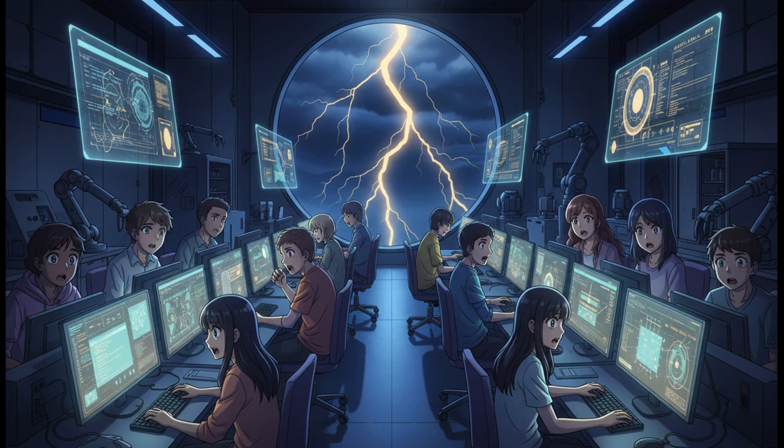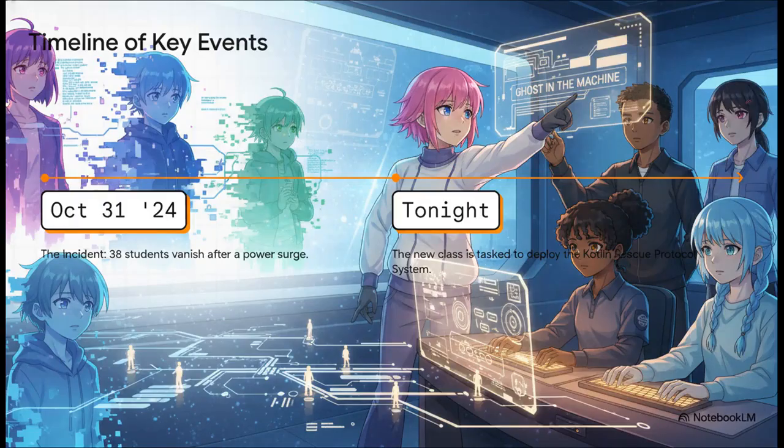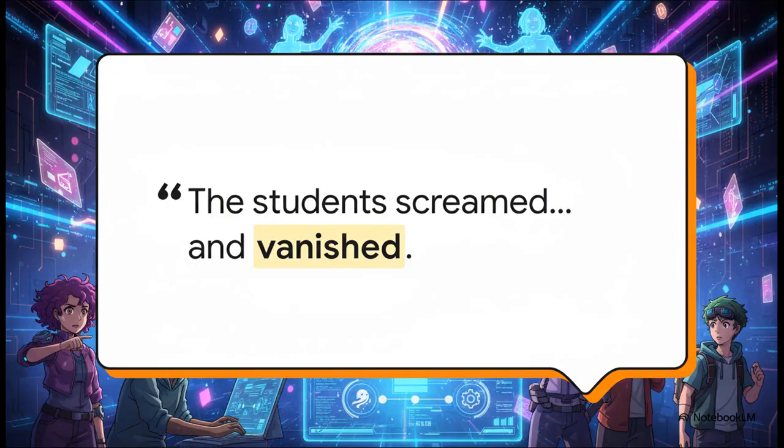It's been exactly 1 year since the incident of October 31st, 2024. On that night, right here in the Android lab, 38 of your fellow students were pulling a midnight coding session when they were caught in a freak electrical storm. Now, this wasn't just any storm. Lightning hit the building's solar array, overloaded the entire grid, and created a spontaneous plasma conduit right through the computer network. Security footage caught the exact moment, 11:59 p.m., the witching hour, when every single terminal in that room just flared with this eerie golden blue light. And just like that, they were gone.